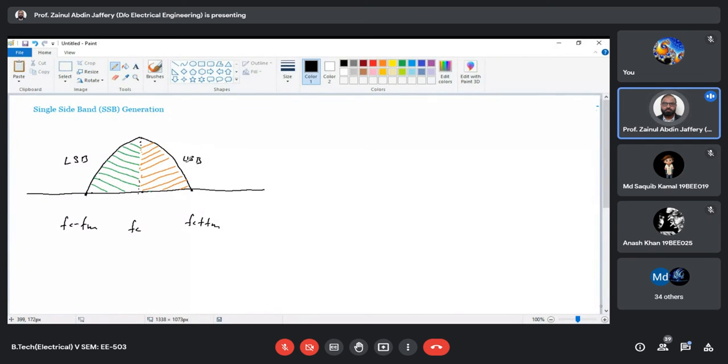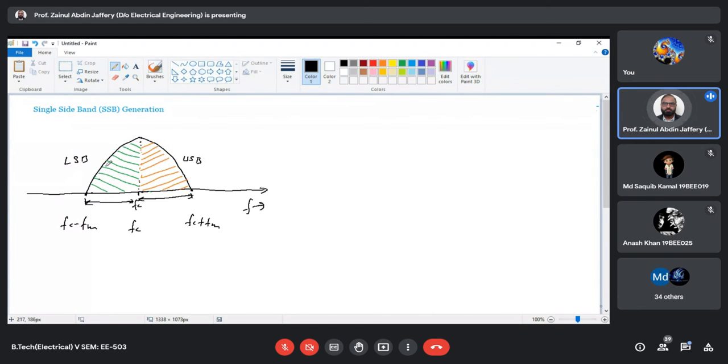So in SSB, you transmit only one sideband, right? So that we already know. So what does it mean? We have to transfer only one sideband, and you know this is your fc, right? So this is one sideband, and this bandwidth is for your another sideband. Okay. So what you can do simply, क्या करना आपको जो है कि you have to use